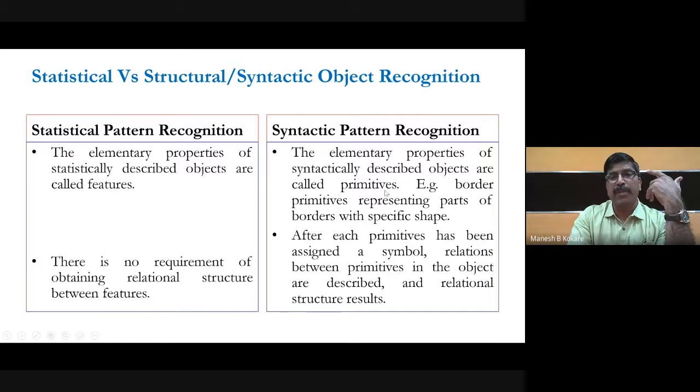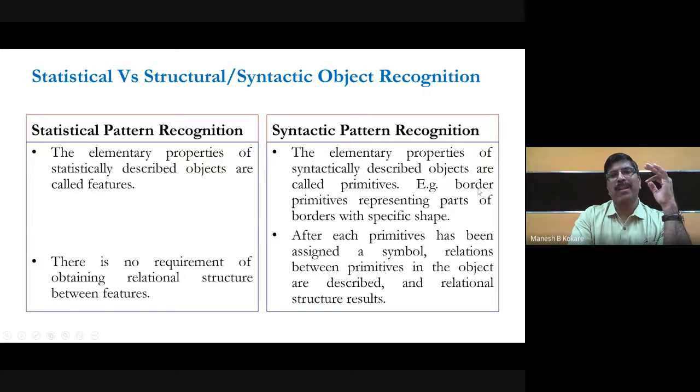So this is primitive and this is called the feature. In the statistical approach, it is called the feature, whereas in the syntactic or structural approach, the elementary properties are described with the help of primitives.